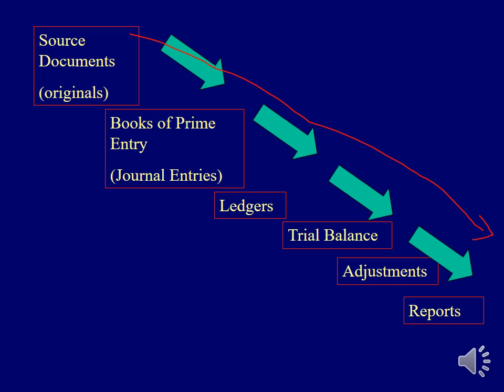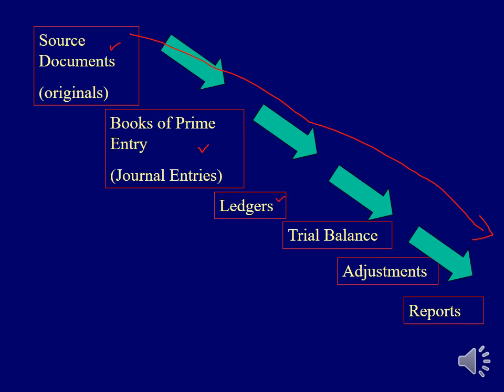First, whenever a transaction takes place, we will have a document. We call that source documents. Whatever documents in a transaction, the accountant will collect all the documents, and we will record them inside the books of prime entry. Once we record in the books of prime entry, the data will transfer to